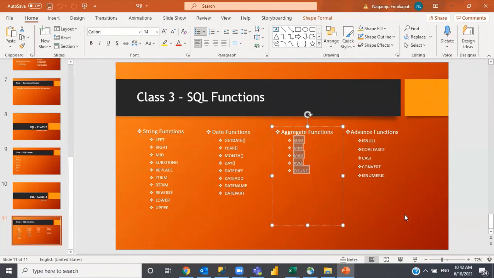When we talk about aggregate functions in any language, normally we speak about these: sum, min, max, average, count. These functions are very common everywhere. So we'll see how to use these various aggregate functions.